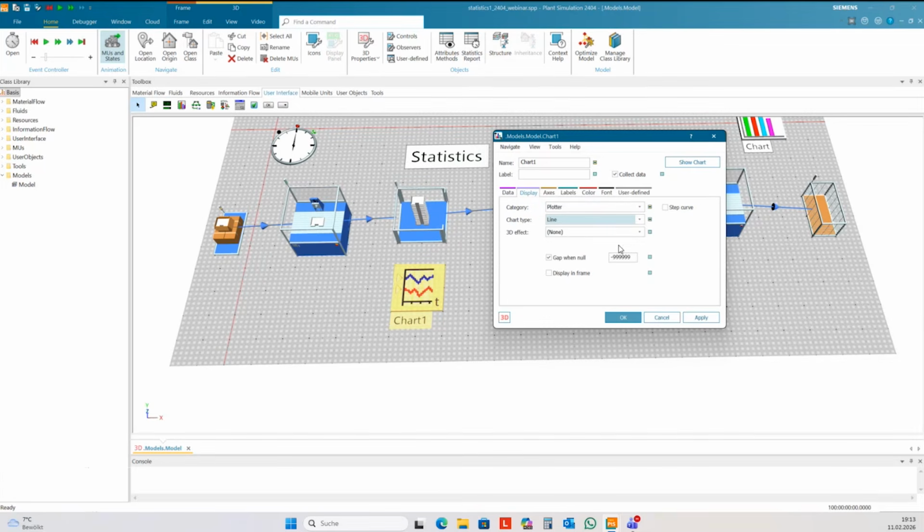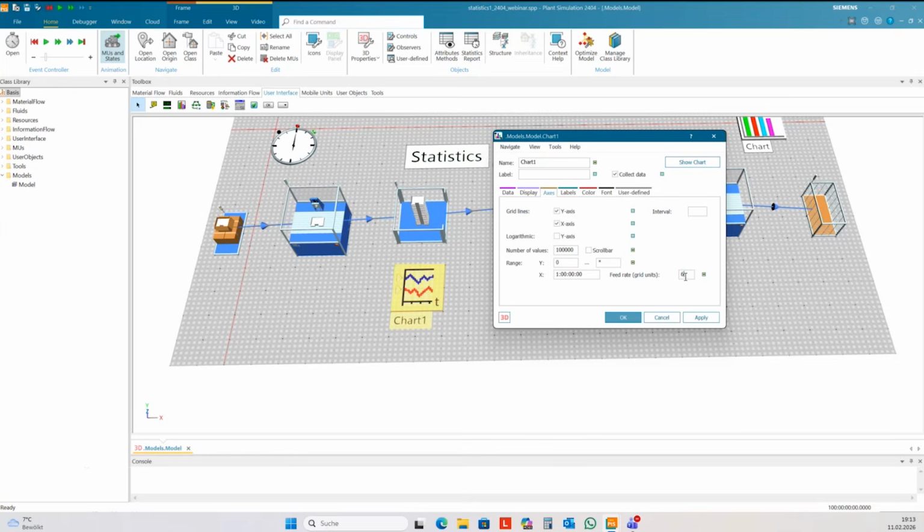And for the plotter, you need to adjust the x-axis here. It's only 1 hour by default. I want to have 1 day, and I need much more values, maybe 100,000. And here I make a star, so it has a flexible range.